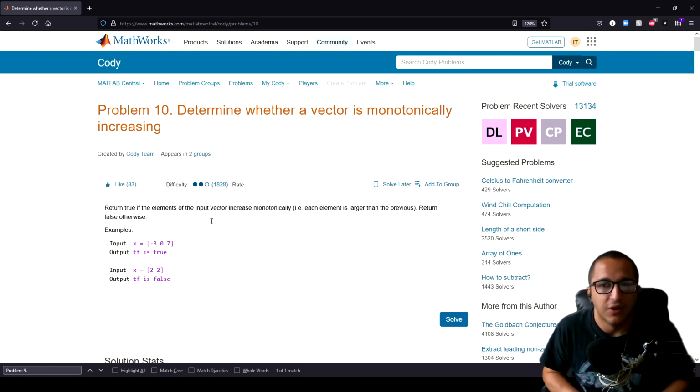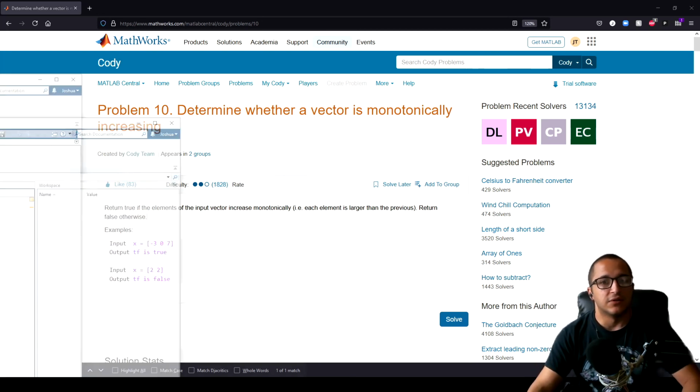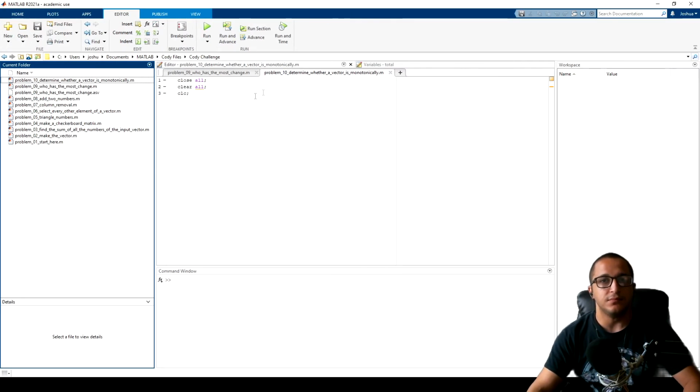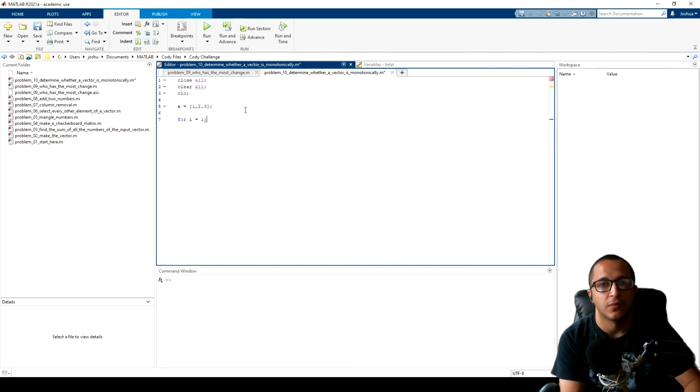Okay, that's a weird word. Okay, if each element is larger than the previous. Okay, so this should be easy. So let's say x equals 1, 1, 2, 3. So I'm going to say for I equals 2 to length x, if x of I is greater than x of I minus 1,